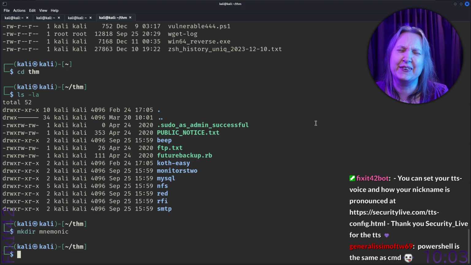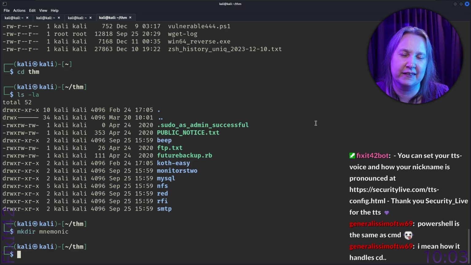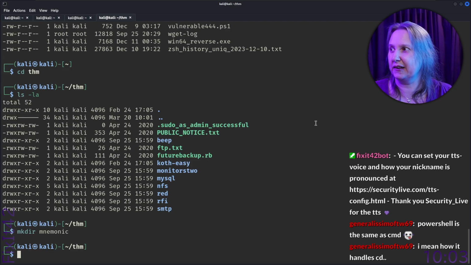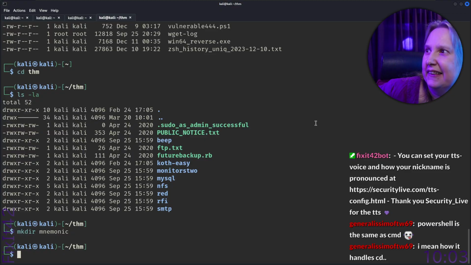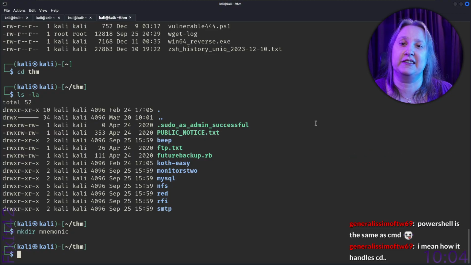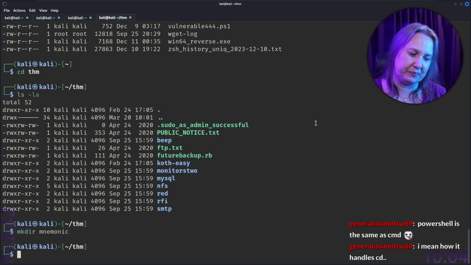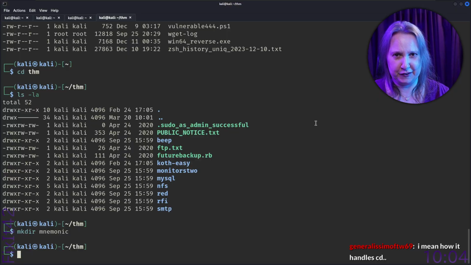I was there when they made PowerShell. I mean, how they handle the CD command, a lot, actually. Yeah, okay, it's the same. It does it both ways. Okay, good. Because they really tried to make the perfect thing.